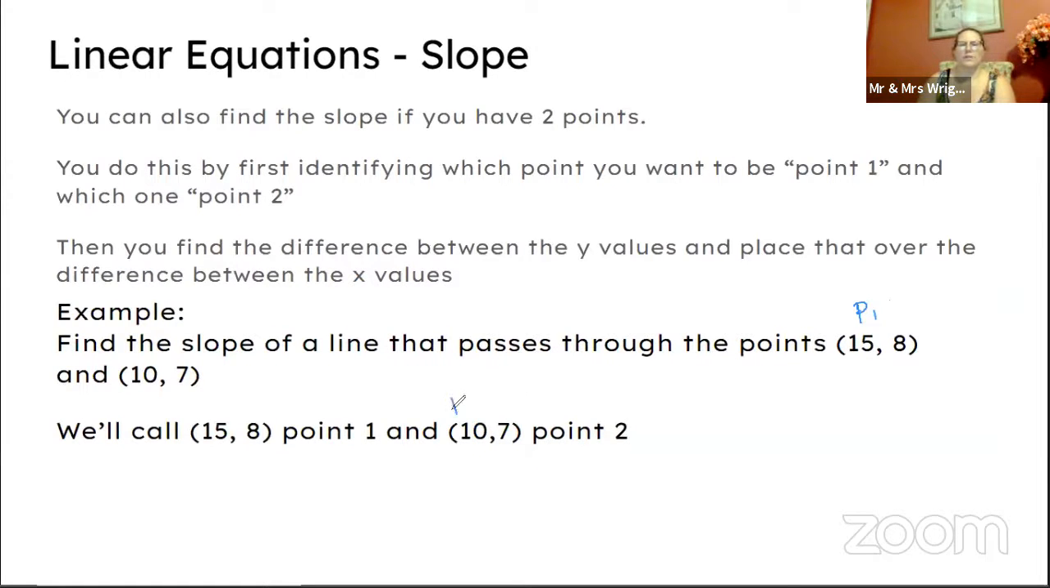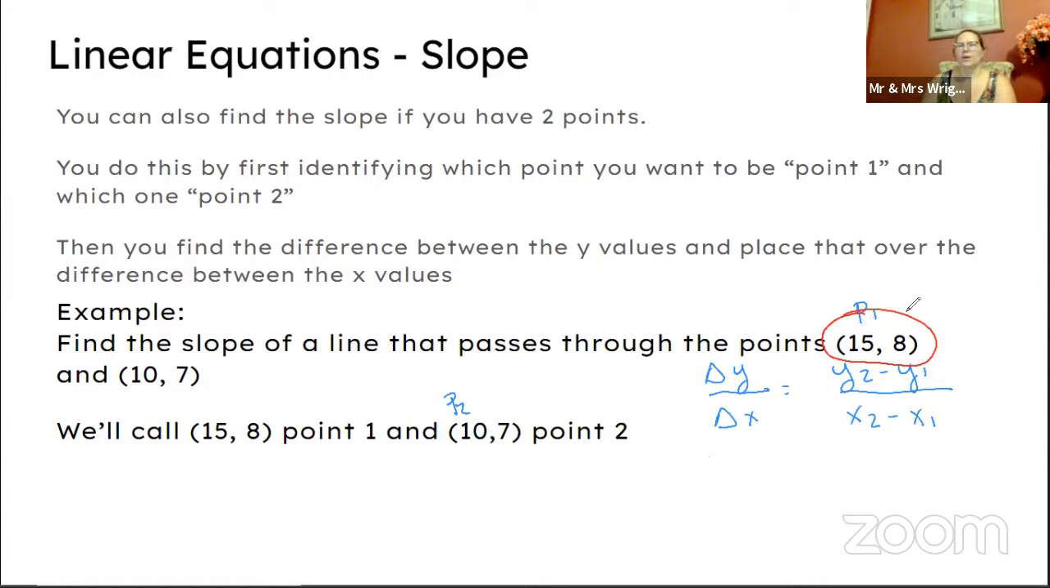And this one is going to be point 2. So if I remember correctly, it's change in y over change in x, which is the same thing as y2 minus y1 over x2 minus x1. Okay, so point 1 here, I'm going to write it in red. So I like to use my colored pencils or my colored pens to help me make sure everything's lined up